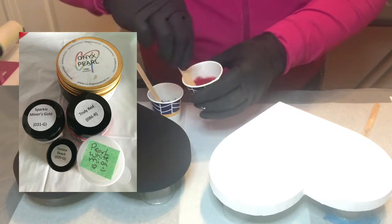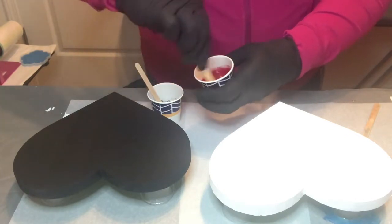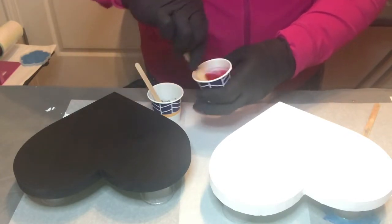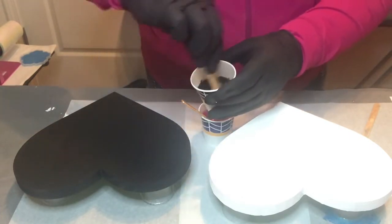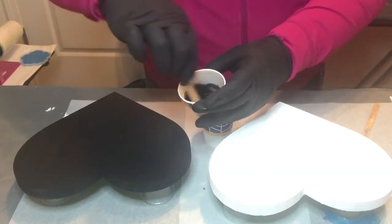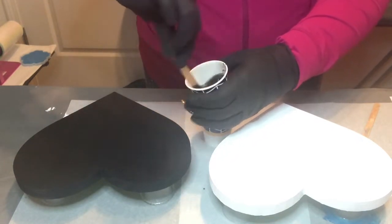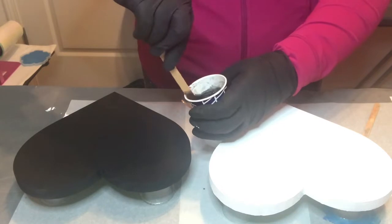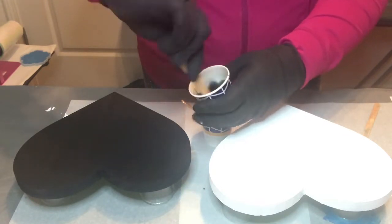So I'm going to be doing resin on two of these little wooden hearts that I purchased from Michael's. They're about 9 inches across and down. I'm going to be using mica pigments in my resin, and the brands that I'm using are